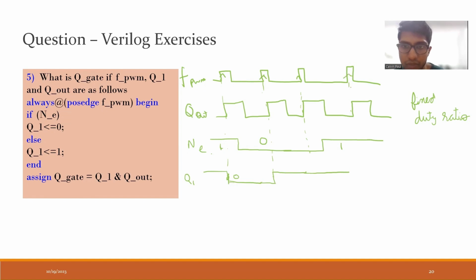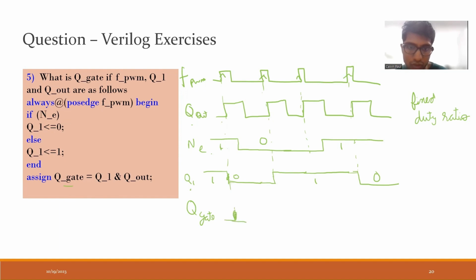Then at the next positive edge of FPWM, it will check. It finds that NE is 1. Since NE is 1, that means your Q1 has to go low. So my Q1 has gone low in this case. Now, my Q gate is actually Q1 and Q out. So my Q gate which comes out will be for this format. It will be